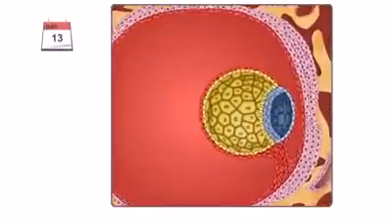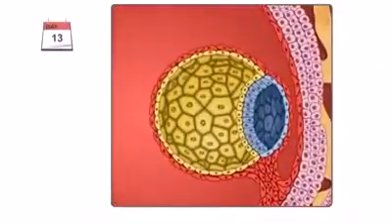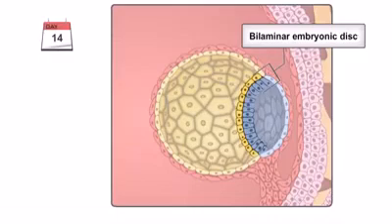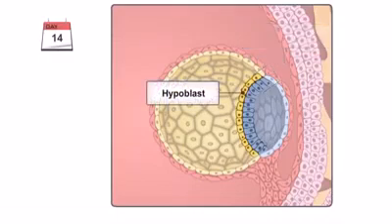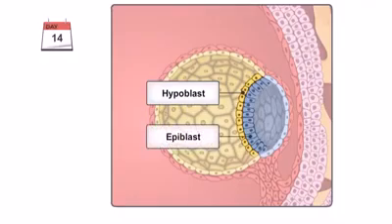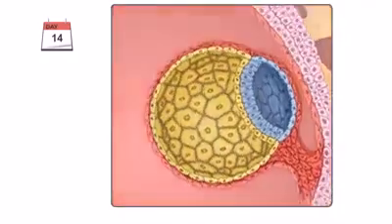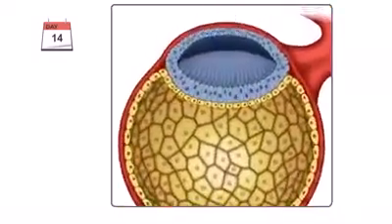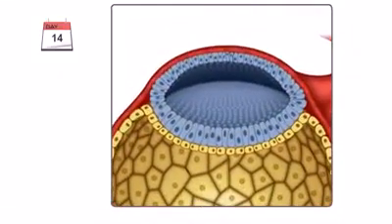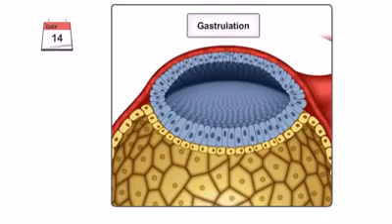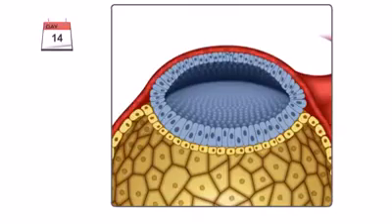By the end of the second week of development, the bilaminar embryonic disc, consisting of the hypoblast and epiblast, has formed. Throughout the third week of development, this bilaminar disc differentiates to establish three primary germ layers, in a process known as gastrulation. Around 15 days after fertilization, a thickened structure forms along the midline in the epiblast near the